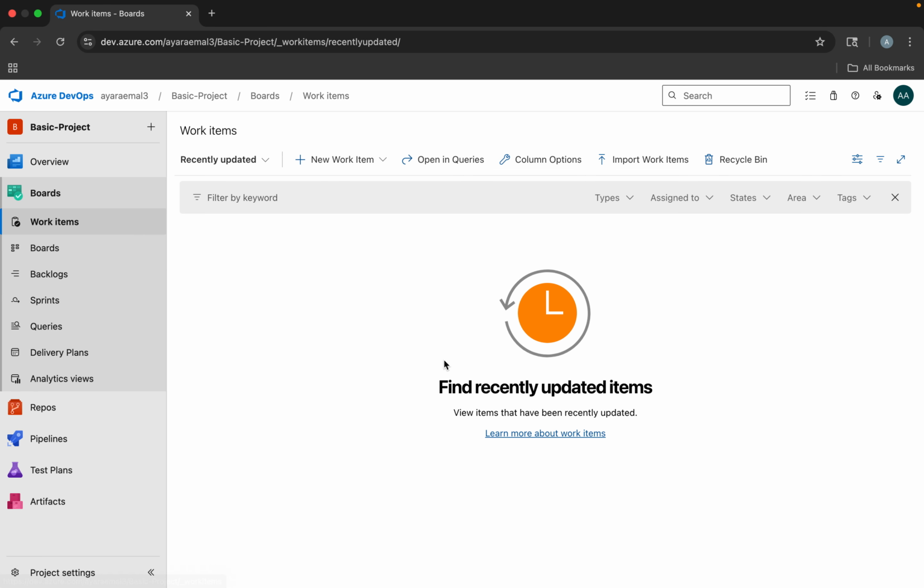Let's jump to the board. On the page that opens here, we can create our work items. To create the work items, we click on plus new work item. Here we have epic, issues, and task. As we said, in the basic process we only have these three work items: epic, issues, and